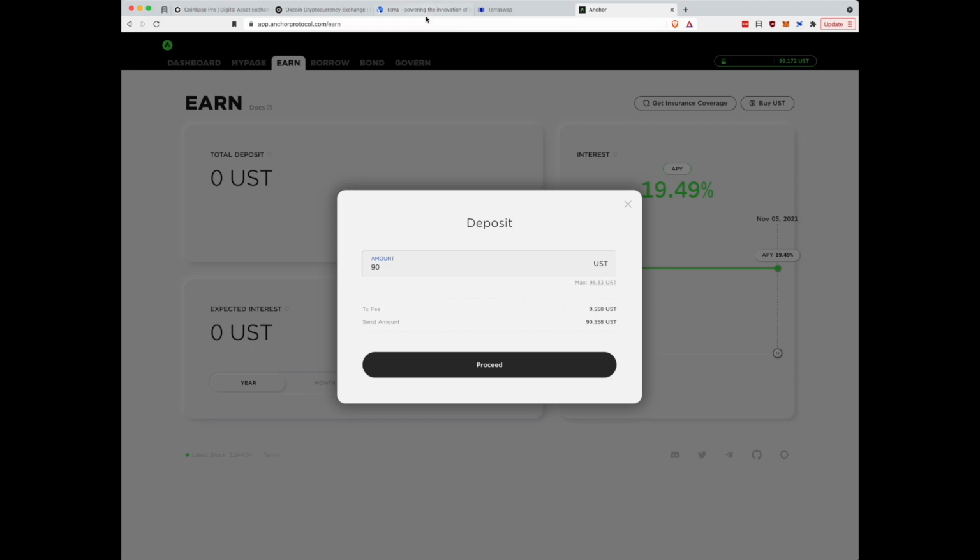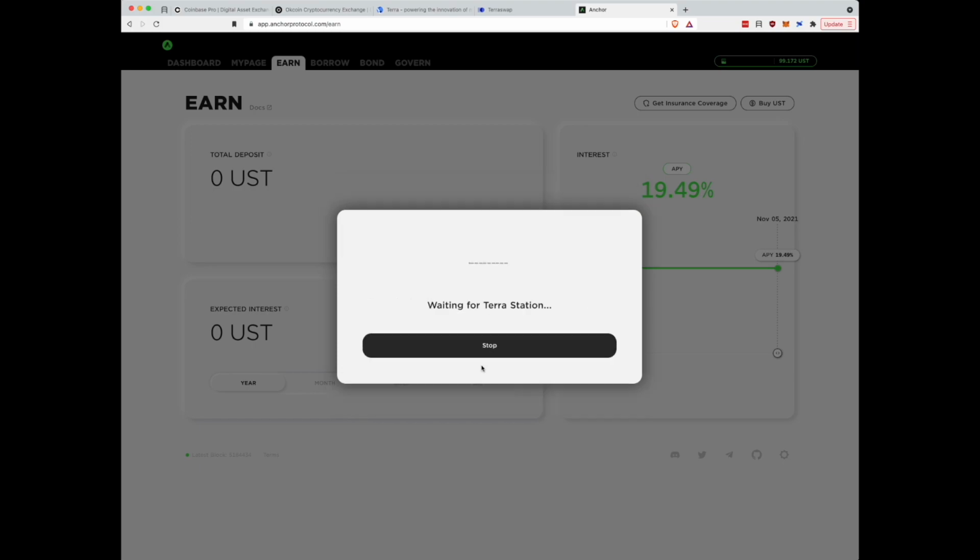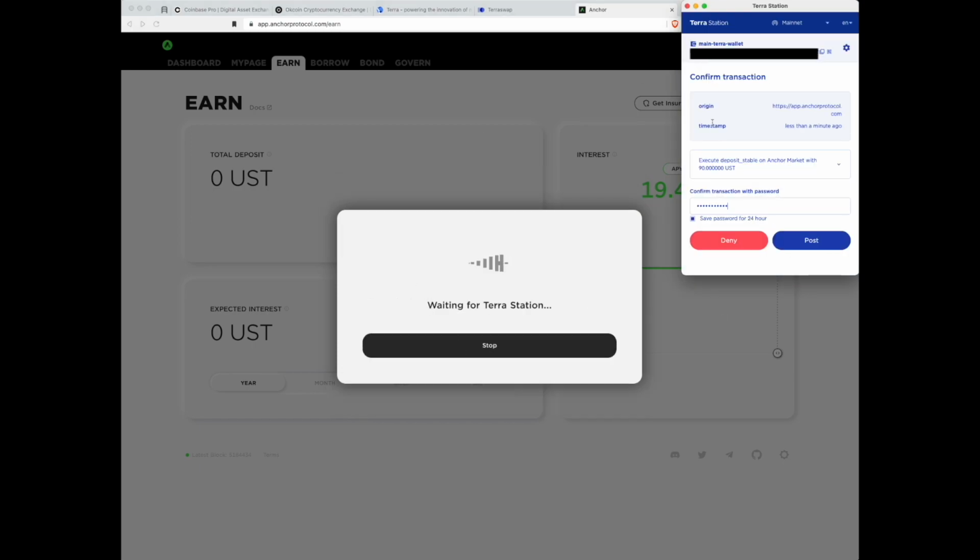Terra Swap is the one that I know of, at least, that allows you to pay your transaction fees in Luna instead of Terra, or instead of UST. Here the transaction fee is only going to be 56 cents. That's pretty cool. So I'm going to go ahead and proceed. It's going to do the same